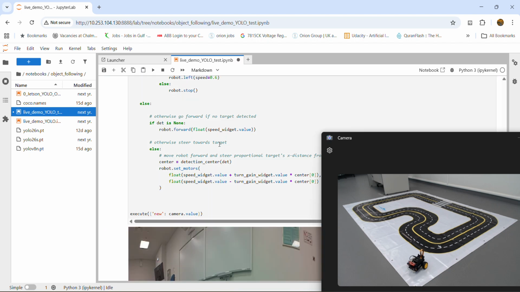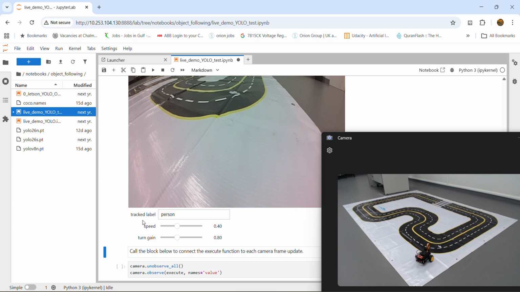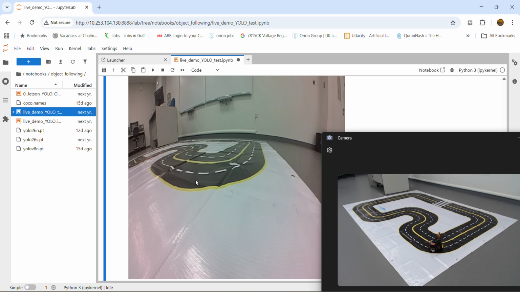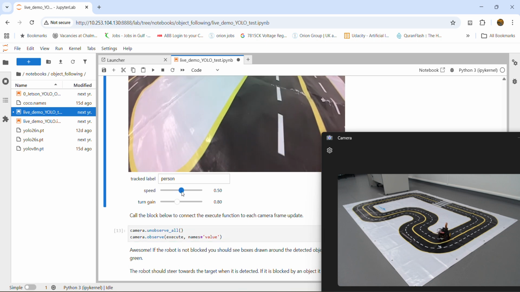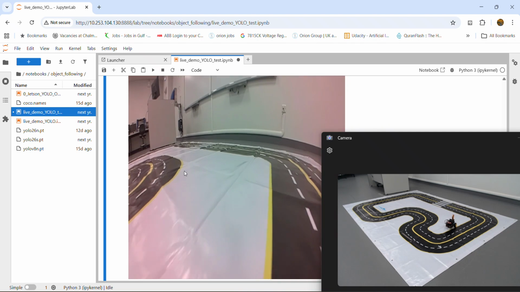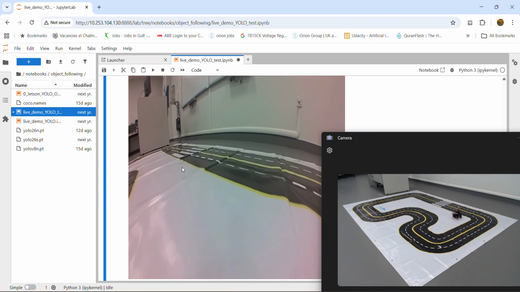And here we are going to choose the track label as a person. We could change it if we wanted to track other things. And we start to observe the camera and increase the speed. For example, we make it like 0.6, and I will